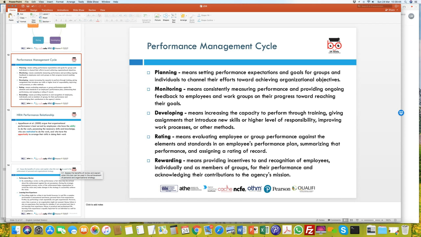So planning means you're looking at putting down the goals, breaking them down into smaller objectives which can be easily understood by staff and employees when they are given the targets. Monitoring is done, as I mentioned earlier, on a weekly, monthly, quarterly basis, and sometimes feedback is also taken during this monitoring process to see if the employees who are required to perform and achieve certain goals and objectives have the required kind of resources to be able to achieve that. Are they in the right set of teams to be able to perform, and are these teams working well to be able to deliver those